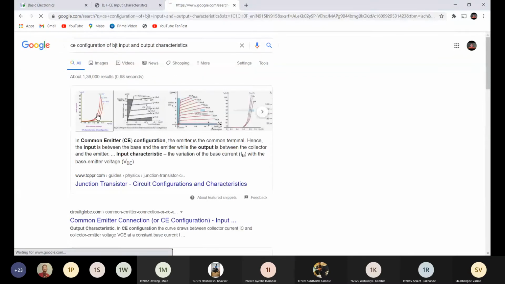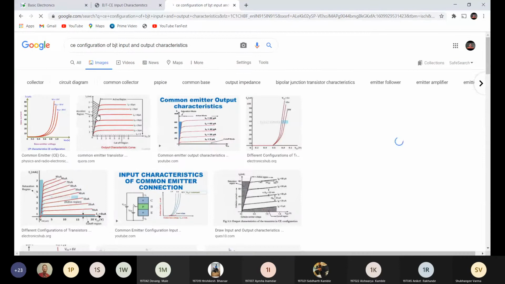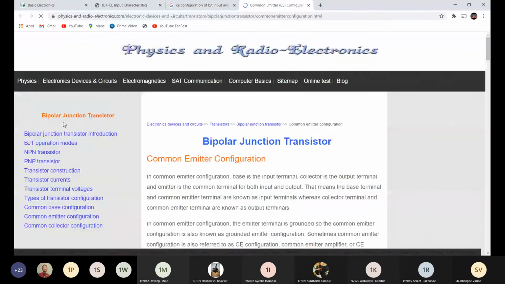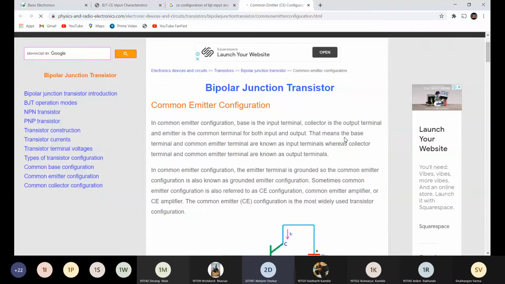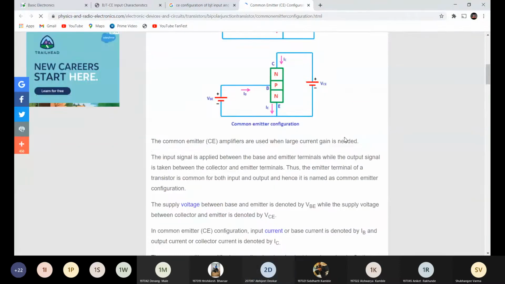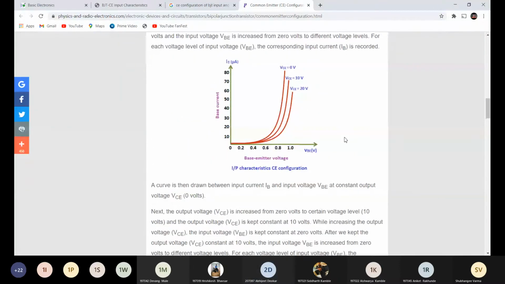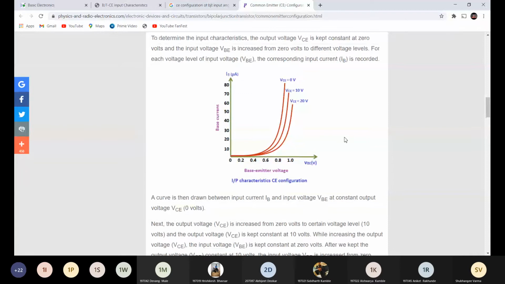Can you see the characteristic here, students? So here you can see this input characteristic is same as the forward characteristic of PN junction diode.